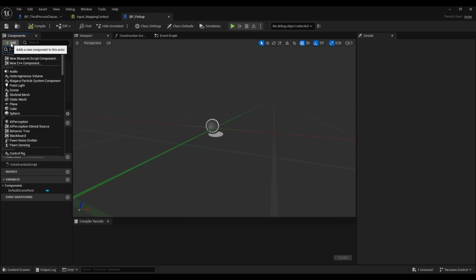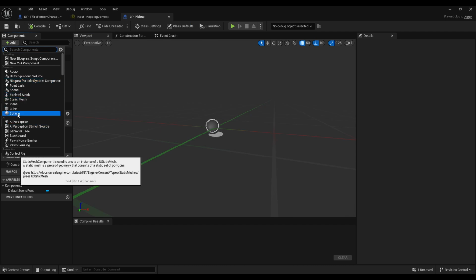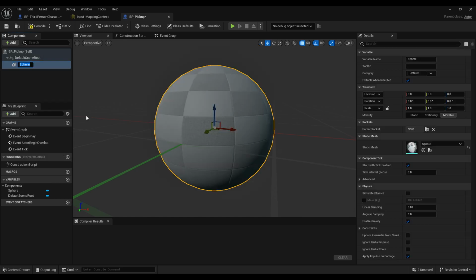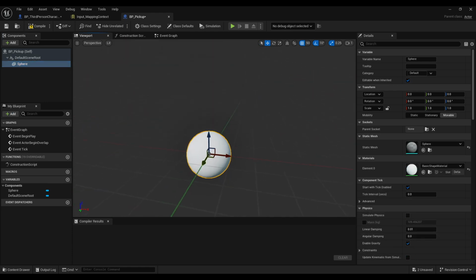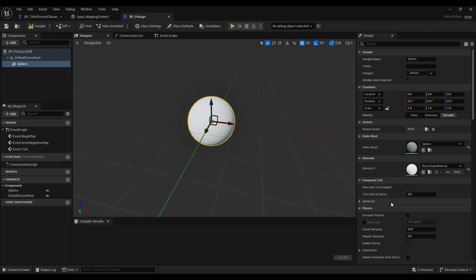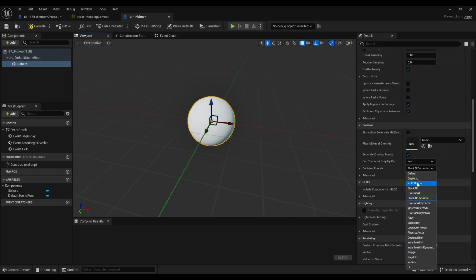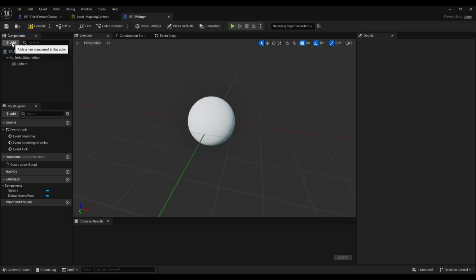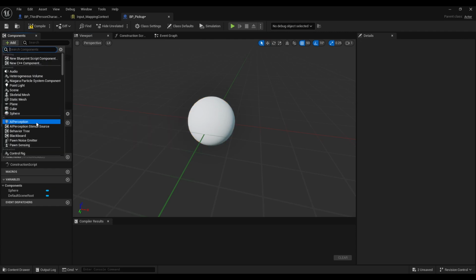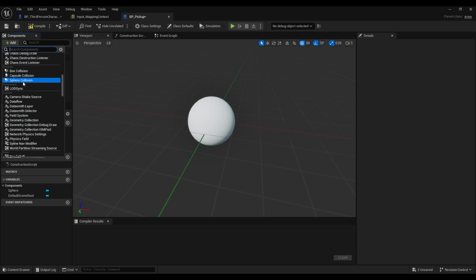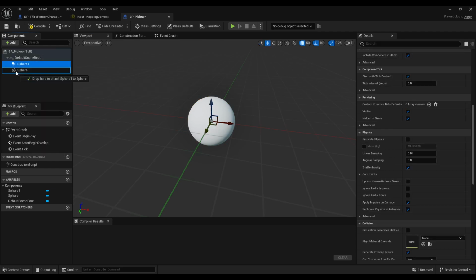First of all, I want to add a base mesh. This might be where you make your own custom mesh, but just for the sake of prototyping it, I'm going to put in a sphere. So, basic sphere there. I want to turn off the collision because I don't want to be able to sort of walk on or glitch out the pickup. So I'm going to take off the collision on this,